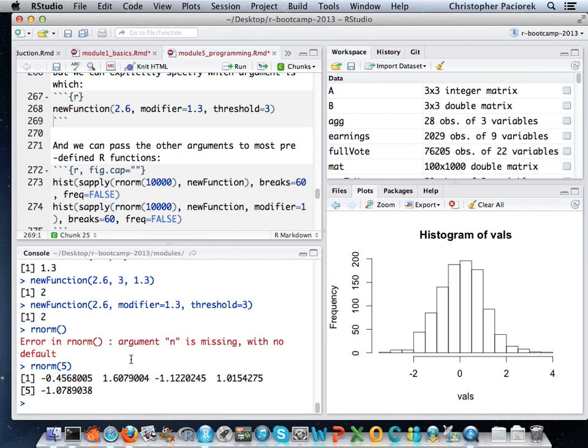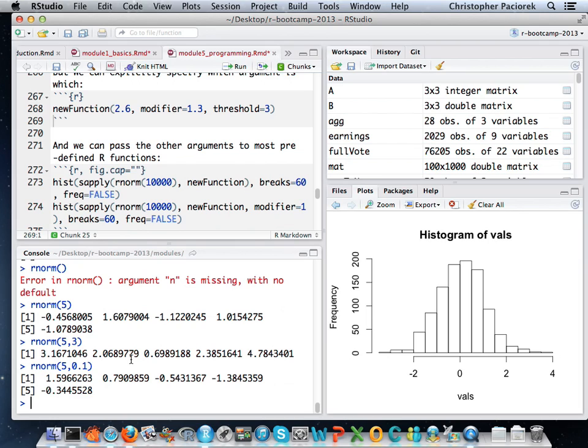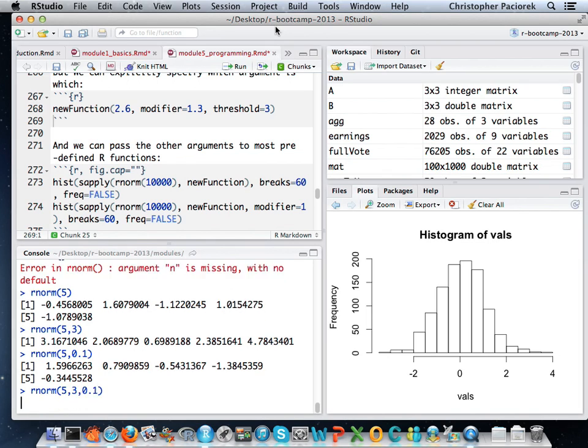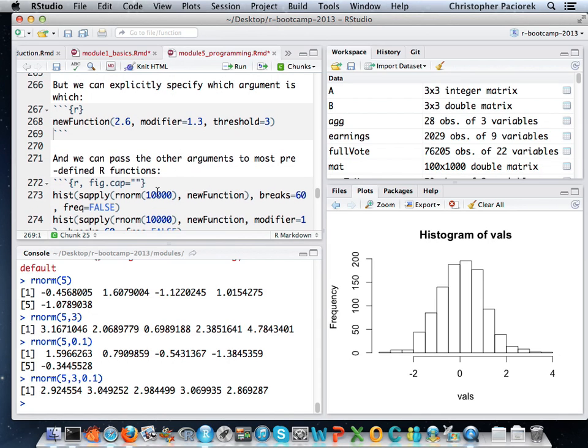Well, we're getting our random normals with mean 0 and with standard deviation 1 because those are the default arguments that rnorm uses. If instead we want the mean to be 3, we can pass that in as the second argument. And if we want the mean to be 3 but with a small standard deviation, we can pass that in as the third argument. All right. So rnorm and all of the functions that we've been using all day today are using tons of default arguments behind the scenes that are optional, that you can pass in, but in general don't have to.